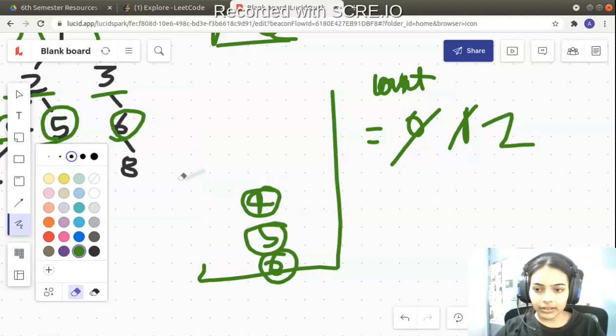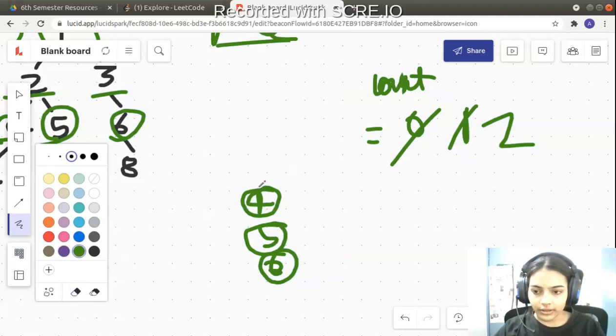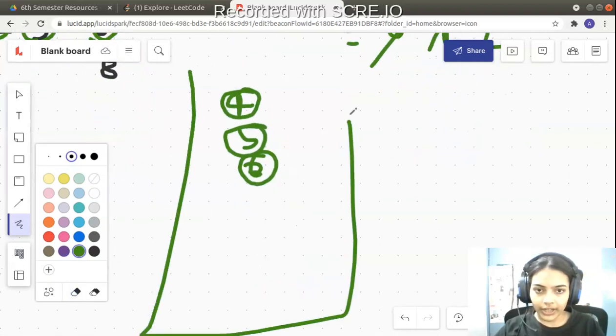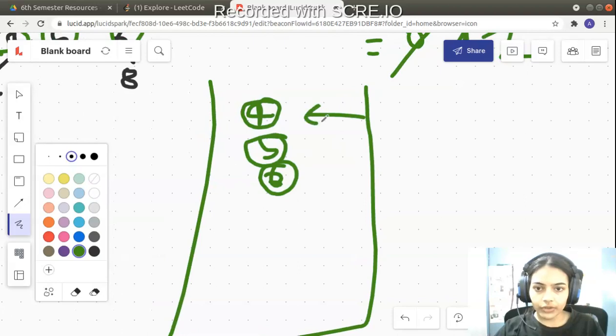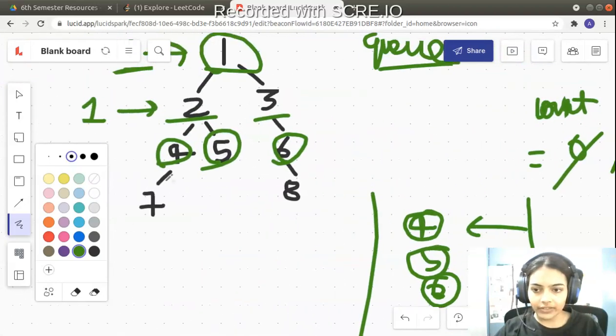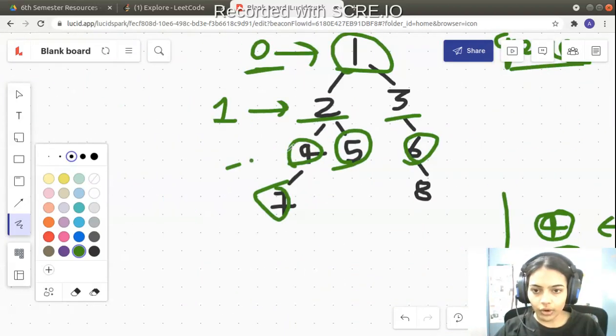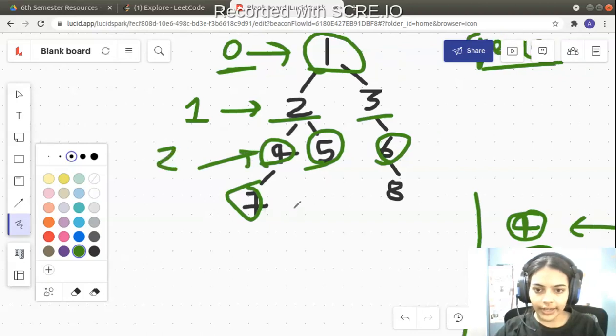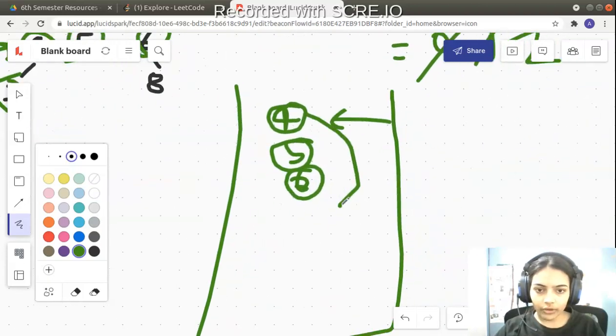That means we were at the second level. Now let me make this bigger so that we can insert more nodes below. Now we check for children of 4. So 4 is having a child which is 7. So we have also crossed level number 2. Now we are at the next level. So next we see the child of 4. 4 is having a child which is 7. So we have inserted that, and then we can pop out 4.